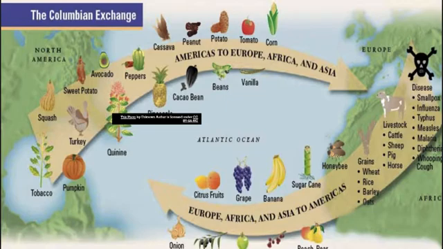Europe is going to provide the market, meaning they're going to provide the money, the people that are going to buy the stuff. They're going to provide the capital, they're going to provide the technology, the ships, the navigation equipment, the know-how. That's what Europe provides. Africa is going to provide the labor to grow all these exotic things, sugar, tobacco, rice. And the New World is going to provide the raw materials, the soil, the land, the lumber, the gold. That's the New World's role.